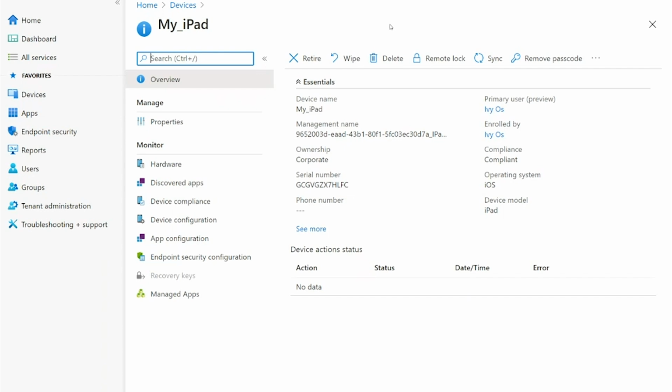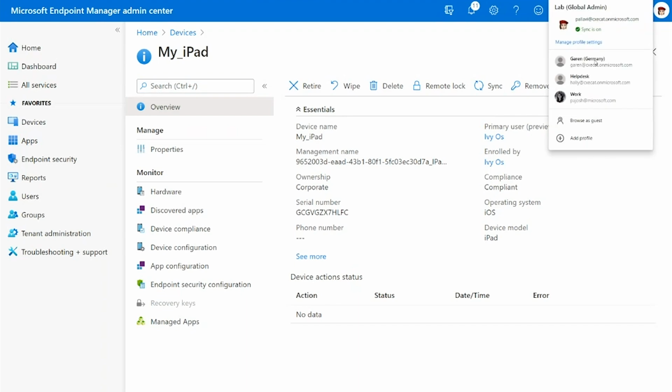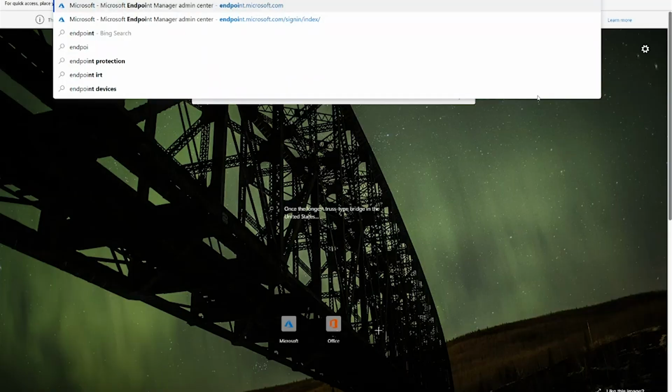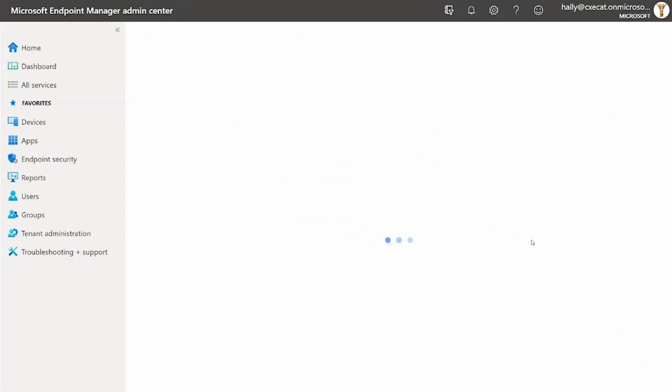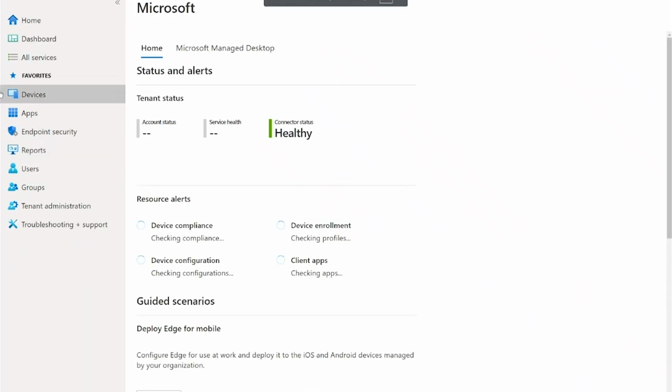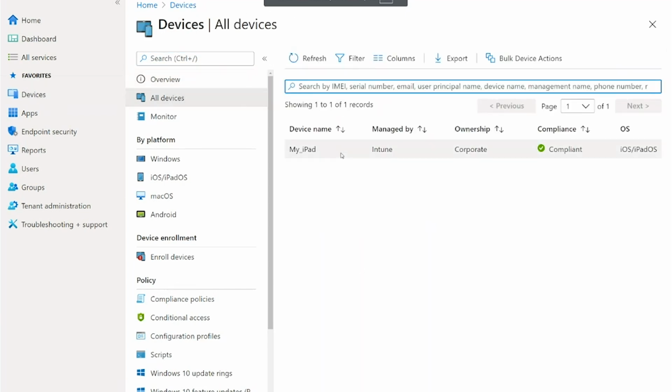So let me go back and log in as Haley, who's the help desk operator. So Haley will go to Endpoint Manager. This is Haley's view. When Haley goes to all devices, you'll notice that she's able to view only one device instead of multiple devices that she was able to see earlier.